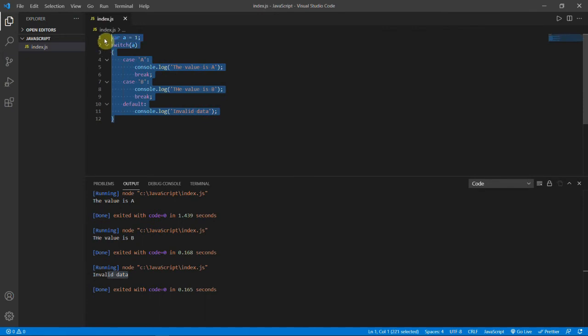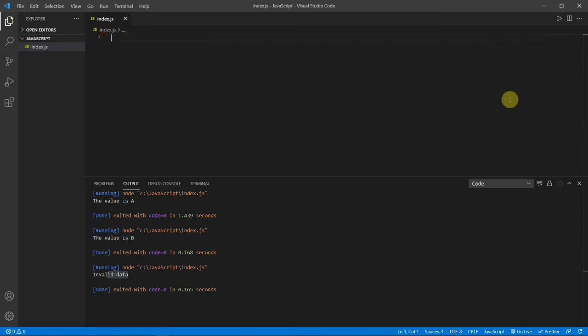So yeah, this is our switch case statements, and it is basically the same as C programming, the same syntax even for switch cases. Now let's go through the looping statements. There are three looping statements: for loop, while loop, and do while loop. We will start with the while loop.